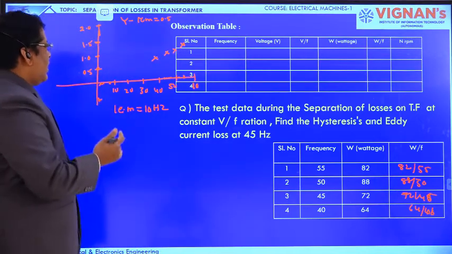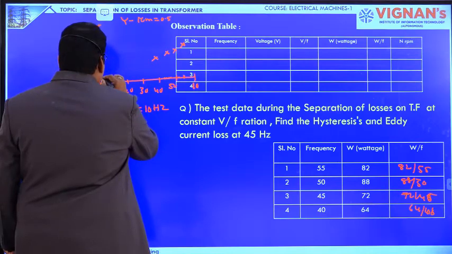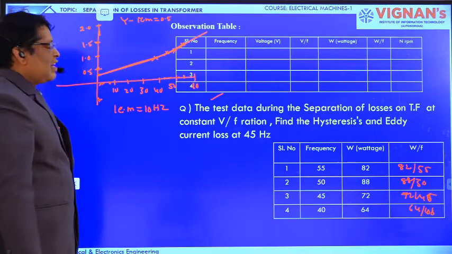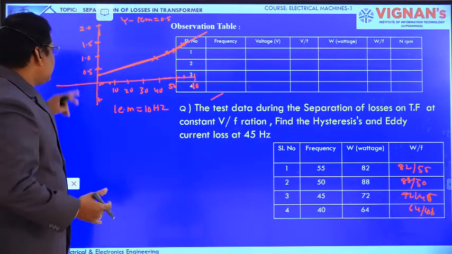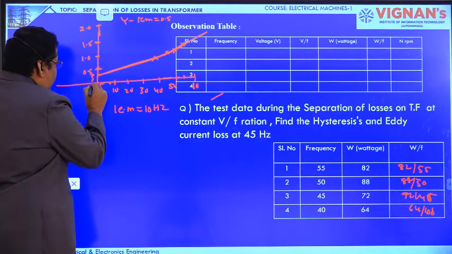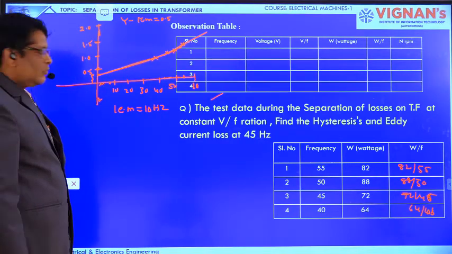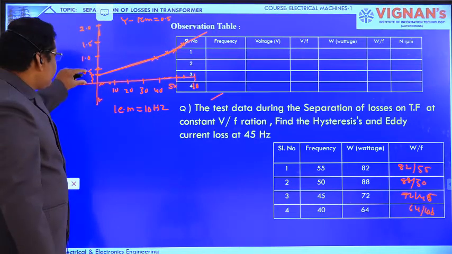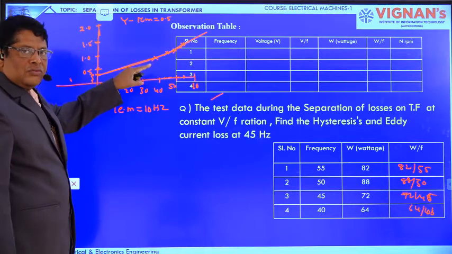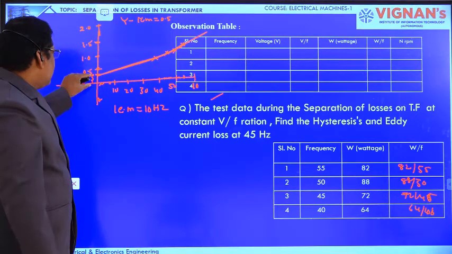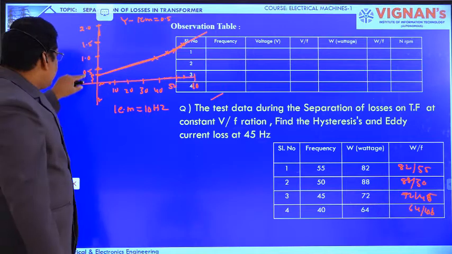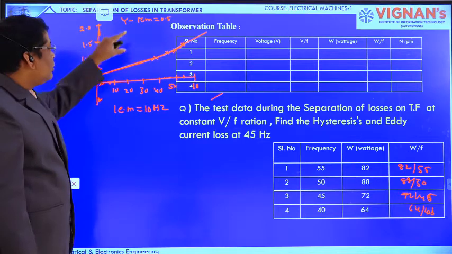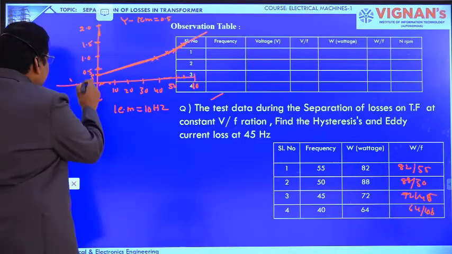Now by means of a scale, you draw a straight line. Already we know this is a straight line. You draw the straight line by means of a scale only, intersecting the y-axis at one point. Now you have to measure this length, and then convert it into the values. Suppose 1 centimeter is 0.5, and the length we are getting is 0.5. 0.5 into 0.5 is 0.25, nothing but this A value.